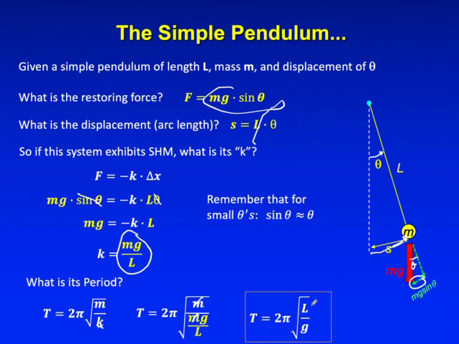So the thing that really affects the period is the length and the gravity of the planet you happen to be on. Well, for Earth, most of the time that's g. But just a really quick note,